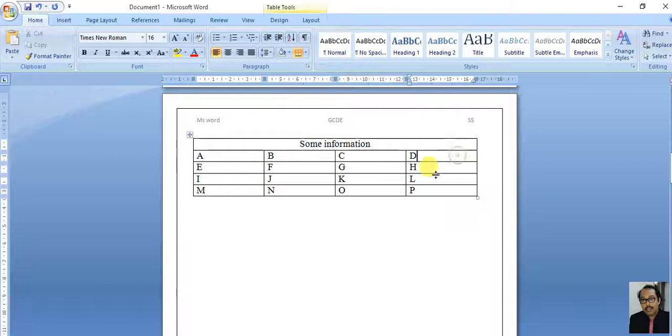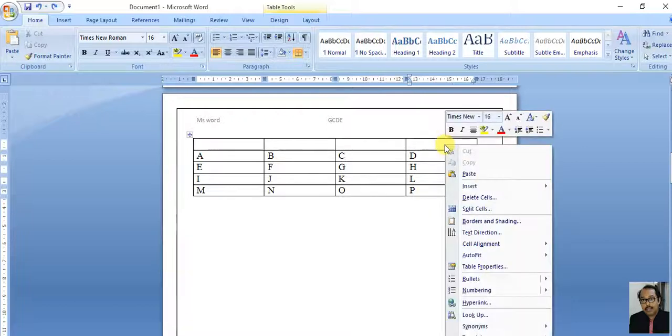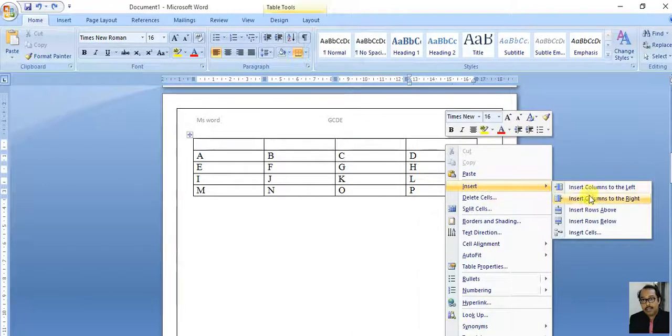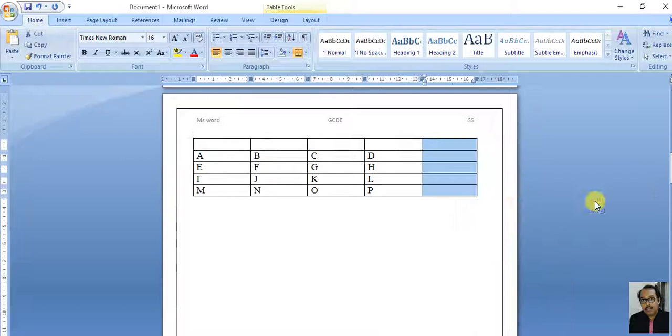If you want to add a column, you can do it the same way. Select it, insert columns to the right, and you will find one new column is created.